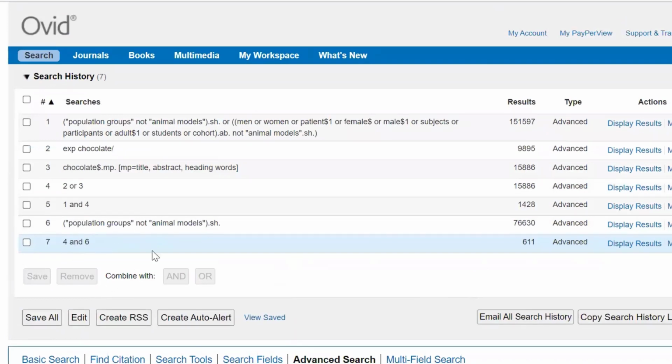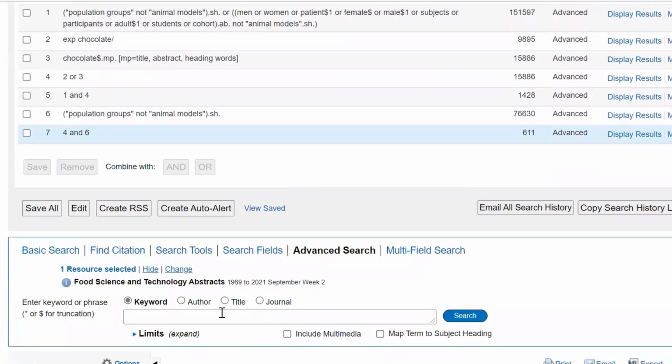If we go back to our search results though, there's another way in which using NOT can be really useful. So we've got this line 7, where we've got the chocolate plus the first half of the filter. And then we've got this line 5, where we've got chocolate plus the full filter. And we can say we want to see the results with the full filter, but take away the ones with the first half of the filter to see what